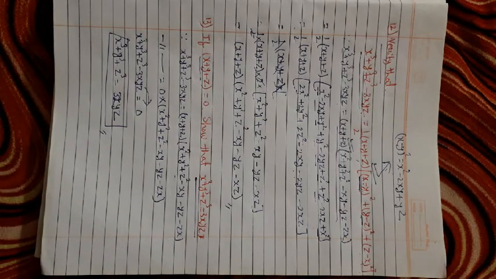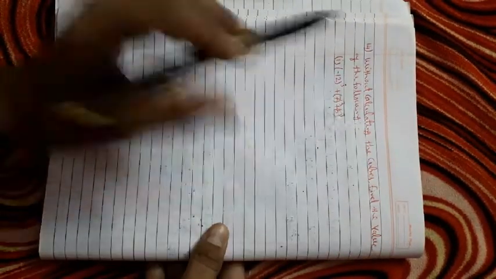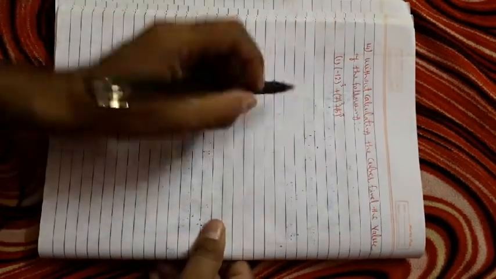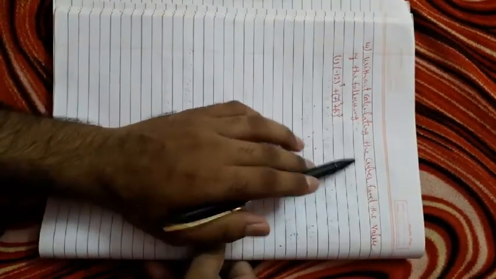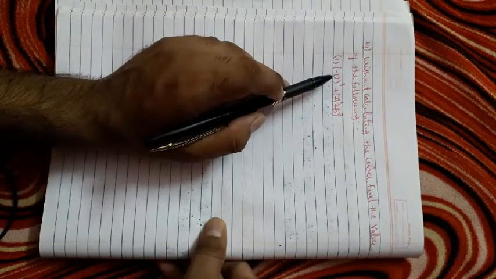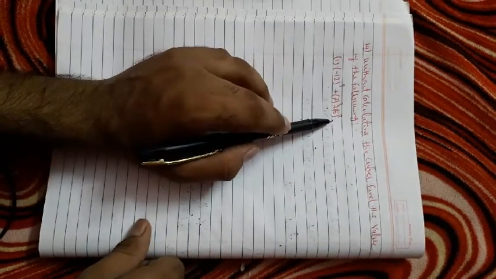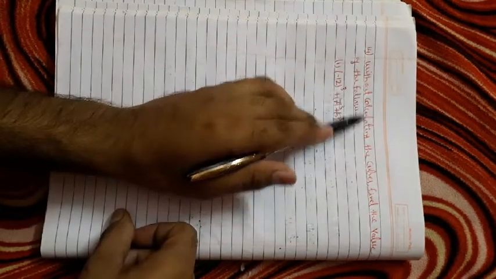Okay, so this was the explanation of question number 12 and 13. Now we'll see question number 14. Here we have question number 14. The 14th question is: without calculating the cubes, find the value of the following. If this line was not written here, then we could directly find the value of 12 cube, 7 cube and 5 cube, and then add them. But they have written that without calculating the cube.